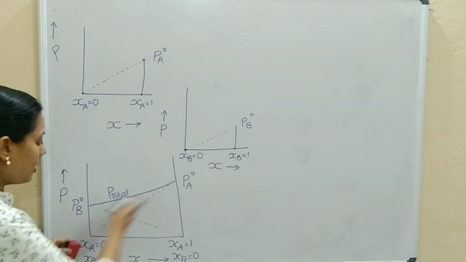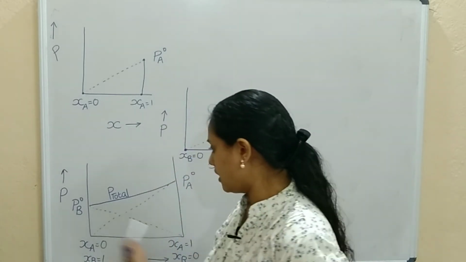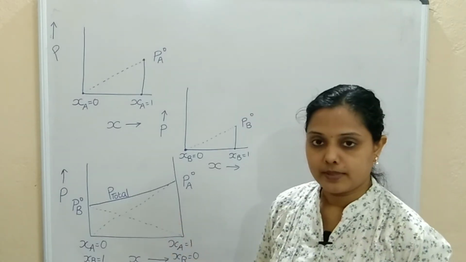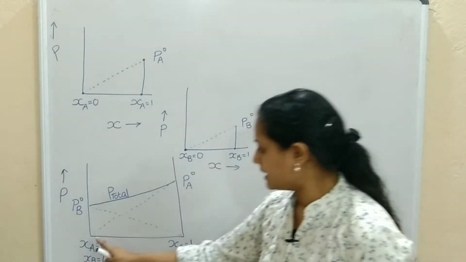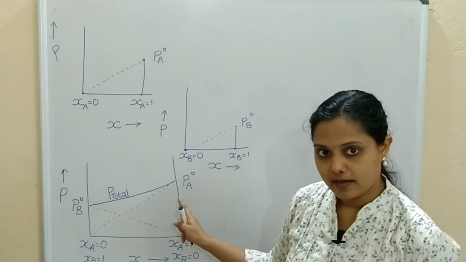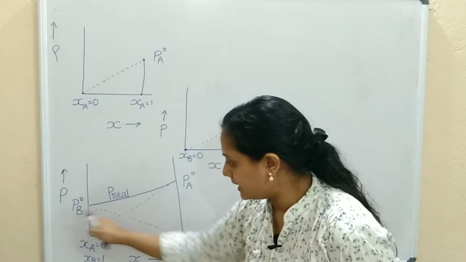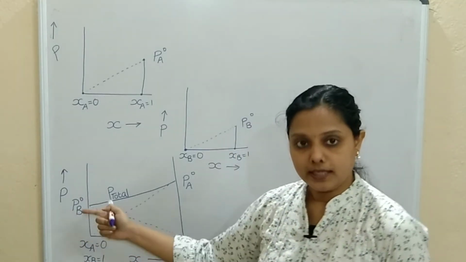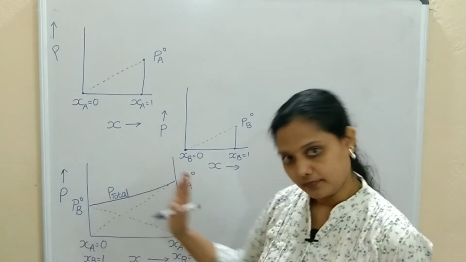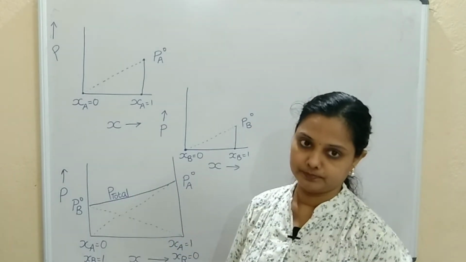Correct? Here you can see two dotted lines are there. The dotted lines represent the vapor pressure of each component. For example, this one, PA degree, is denoting the vapor pressure of A component, that is solute. XB equal to 0, that is PB degree, the dotted line is reaching PB degree. It represents the vapor pressure of the pure solvent. Correct? Just join it, you will get P total, that is from Dalton's law.